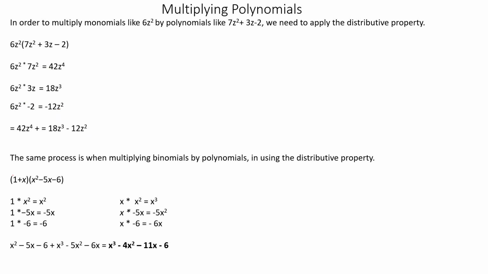Then I've got my second, my x. x times x squared is x cubed. x times negative 5x squared. x times minus 6 is minus 6x. And I'm just going to add all these together,